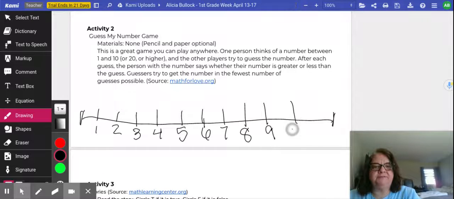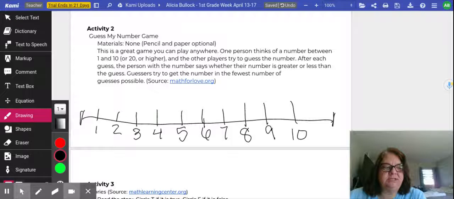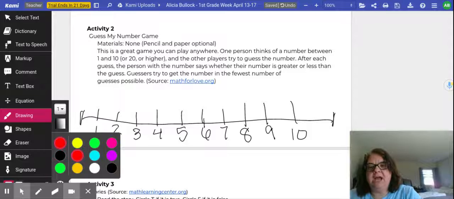Have someone in your family choose a number between 1 and 10. Or I would prefer 1 and 20. I just don't have enough room here to write that, so you can see what that's going to look like. All right, so let's say that our person has chosen the number